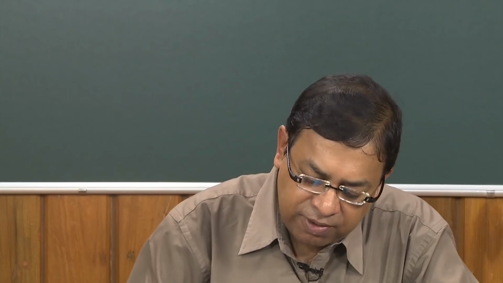Then there are detectors which could be kept at discrete angles theta 1 and theta 2 and so on, or there could be a detector which is placed at all solid angles, and then it is able to detect the scattered particles within an angle between theta and theta plus d theta. So, the scattering cross section is defined in this case as